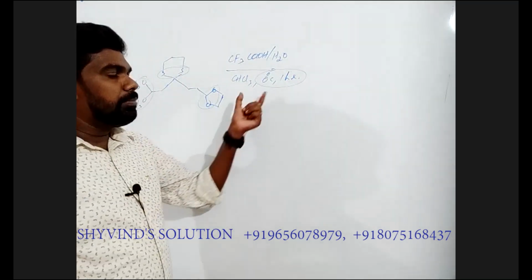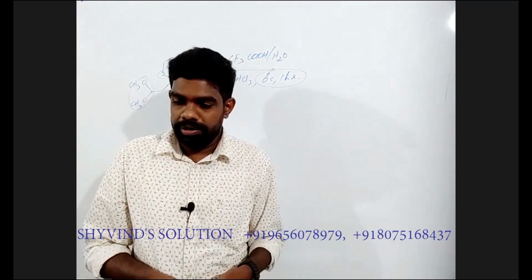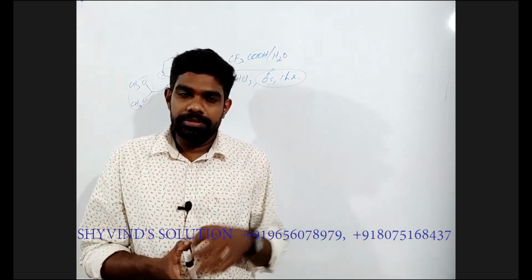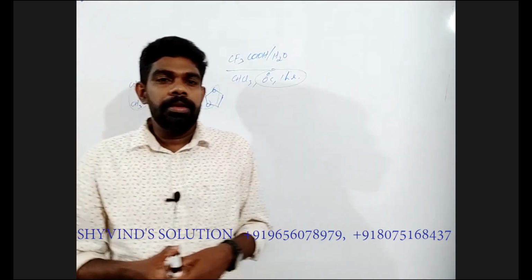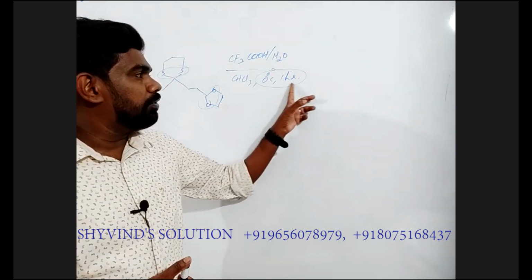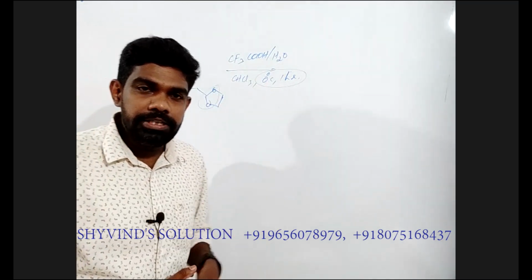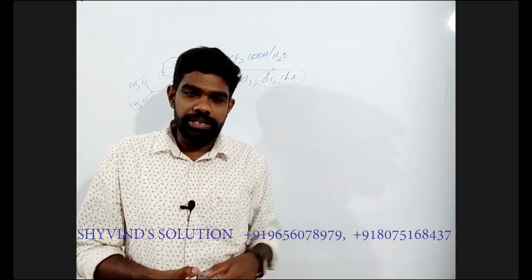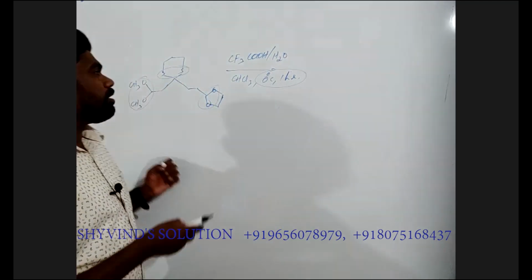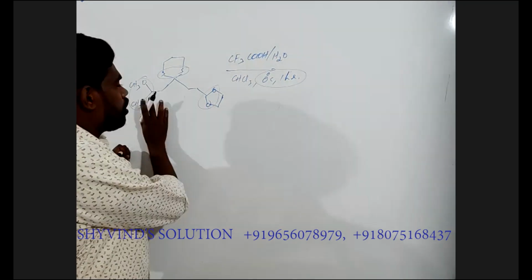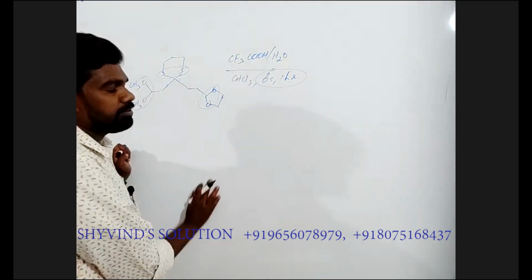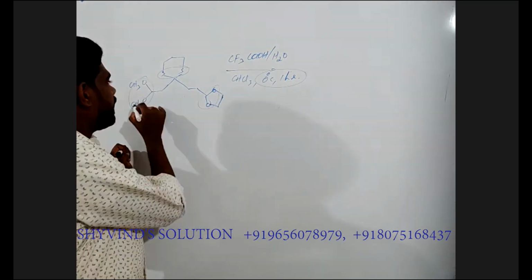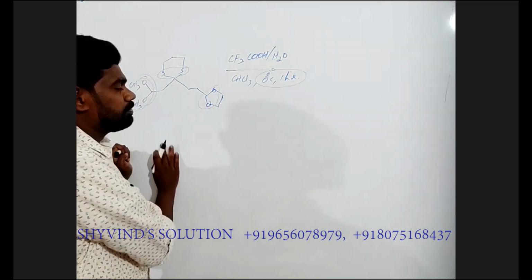The temperature is 0 degrees Celsius, and it's only for 1 hour. Normally, organic reactions are overnight reactions, meaning 24 hours or so. We keep them for a long time, but this is only 1 hour, and the condition is very mild, at very low temperature. So in these mild conditions, only the most reactive species of these functional groups will react with water, with alcohol, with acid. The most reactive species is this one, so only the hydrolysis of this one takes place.